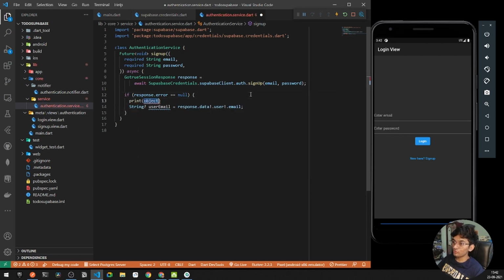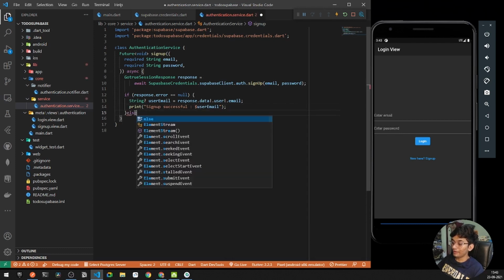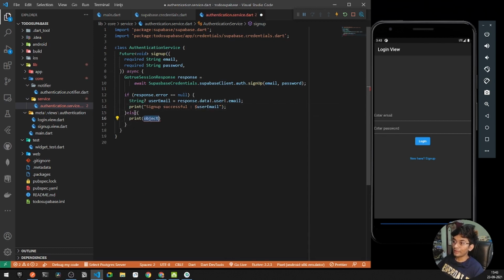Also I can print a new statement, and here I'll say a statement of login successful, right? We are doing sign up, right? So I can say sign up successful for the user. So we can remove this stuff from this side and add it here, and we can say for this user email, right? So if you got this, else what you can do, I can print the entire error.